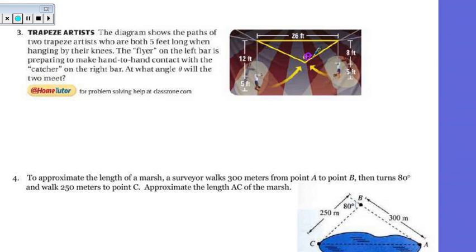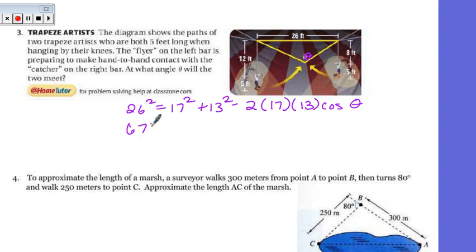This is a side-side-side situation that we're looking at, so we do want to solve for the biggest angle first. That will be the one across from the 26. So we've got 26 squared equal to 17 squared plus 13 squared minus 2 times 17 times 13 times the cosine of theta here. Working through all this, we wind up with 676